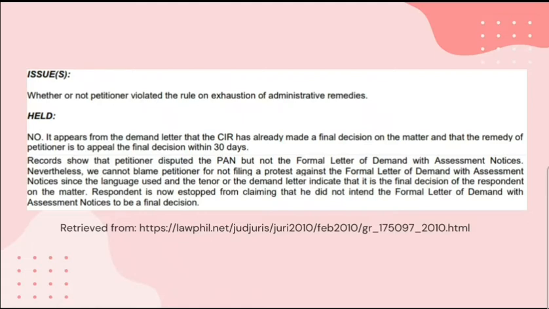Petitioner, however, did not protest the final assessment notices. Instead, it filed a petition for review with the CTA. Thus, if we strictly apply the rules, the dismissal of the petition for review by the CTA was proper. And it appears from the foregoing demand letter that the CIR has already made a final decision on the matter, and that the remedy of the petitioner is to appeal the final decision within 30 days. In this case, records show that the petitioner disputed the PAN but not the formal letter of demand with assessment